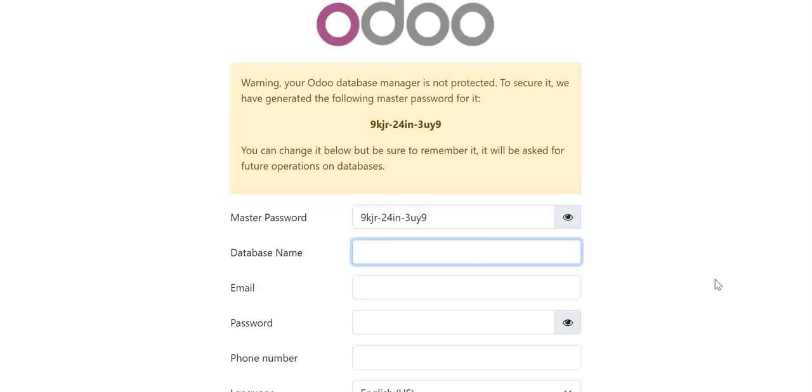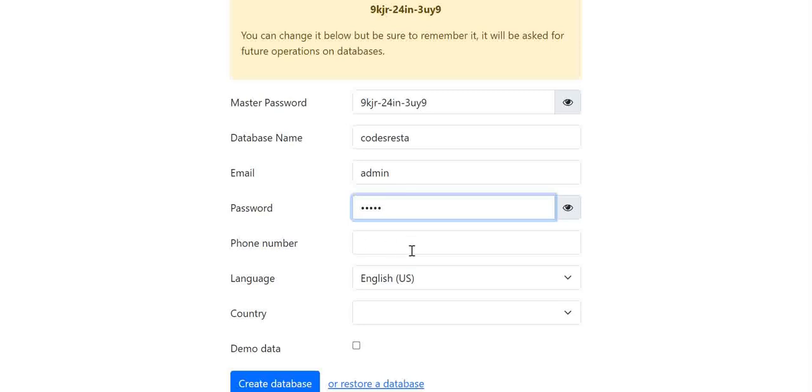Okay, so now you will provide the name of the database. So here I say Code Krista. You can give any name for your database. Here you can provide the username and password. Currently I'm using admin. Now you can provide the phone number and you can select the language, and here you